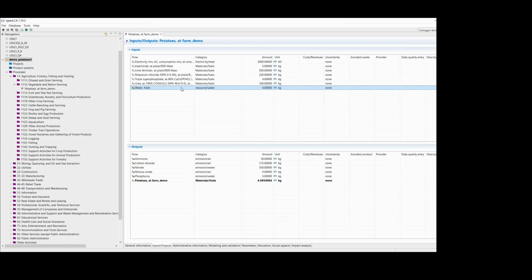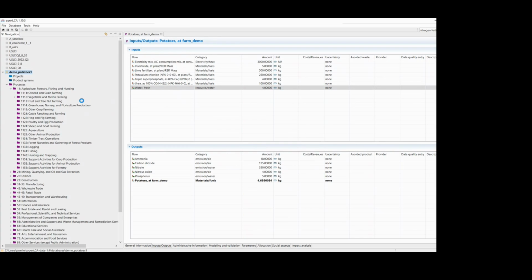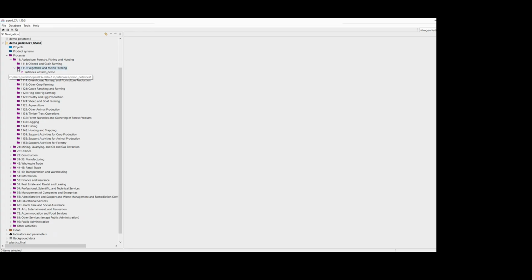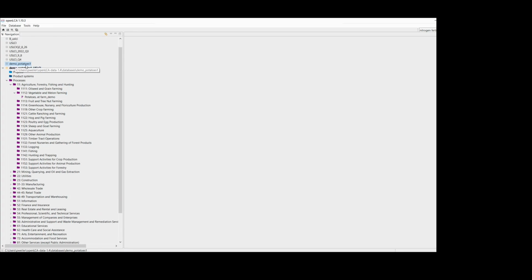Okay, so we've mapped all of our elementary flows, so we can go ahead and map our Technosphere flows to USLCI Technosphere flows. So that would be all of the farm inputs that we have here, as well as the electricity. So to do this, I'm just going to make a copy of this database and import USLCI into the copy. Just in case any mistakes are made, we always can revert to the previous version. You can also import USLCI into the original database. It doesn't matter too much.